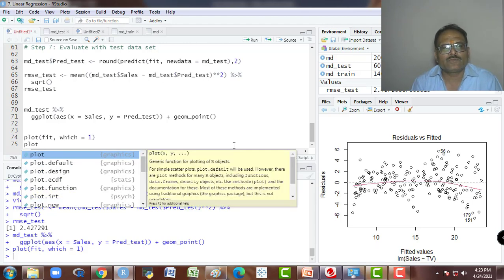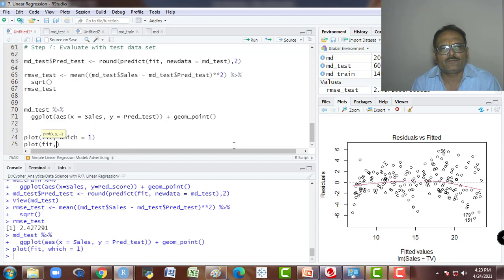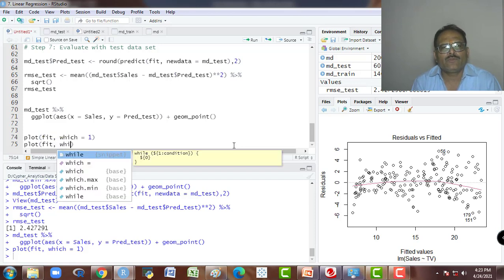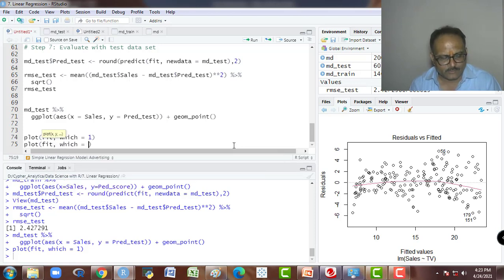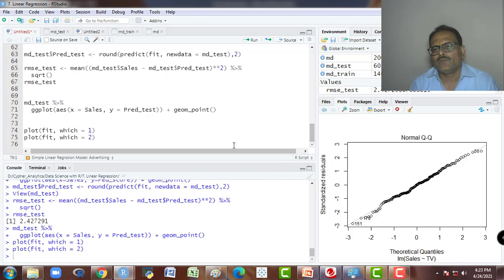So second, I will use the fit, which equal to 2. So it is the QQ plot. It explains the normality of our standardized residuals. Okay, so these are standardized residuals, and this is our theoretical quantiles. So most of the points in the middle of this data, you will see, lie on this line.